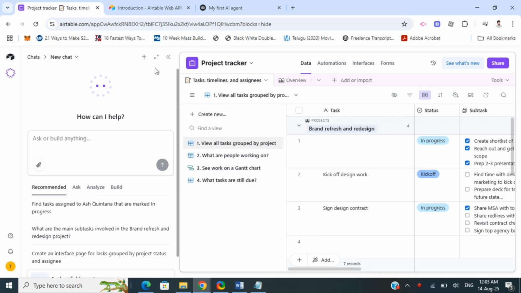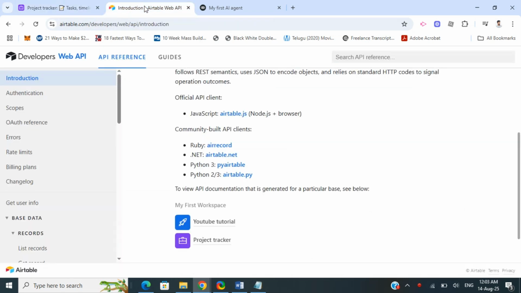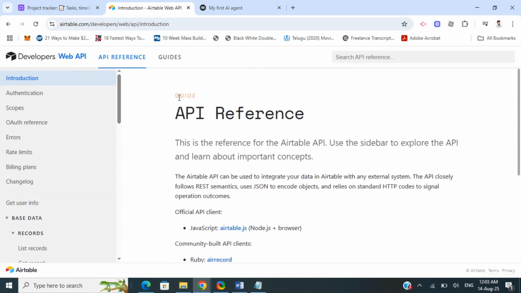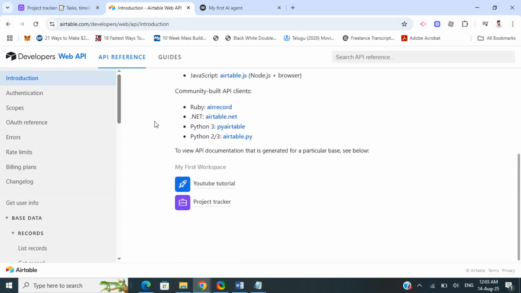Hello everyone, I'm going to show you how to connect Airtable to Voiceflow. So what we're going to do firstly, just open up your Airtable. In Airtable, go to this website here, airtable.com/developers/web/API. Once you get to this page, under the API section, once you're logged into your Airtable